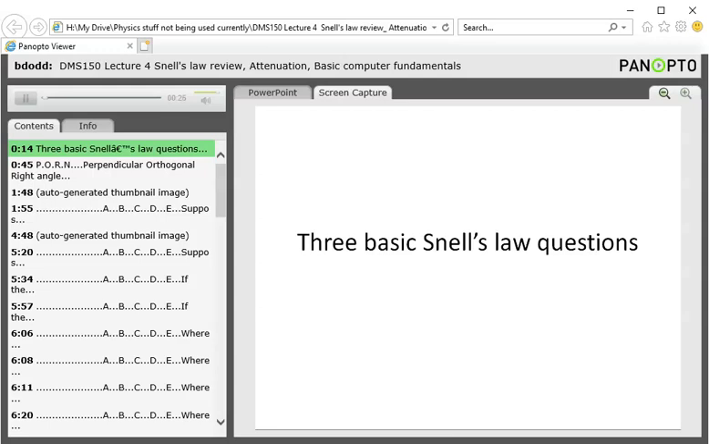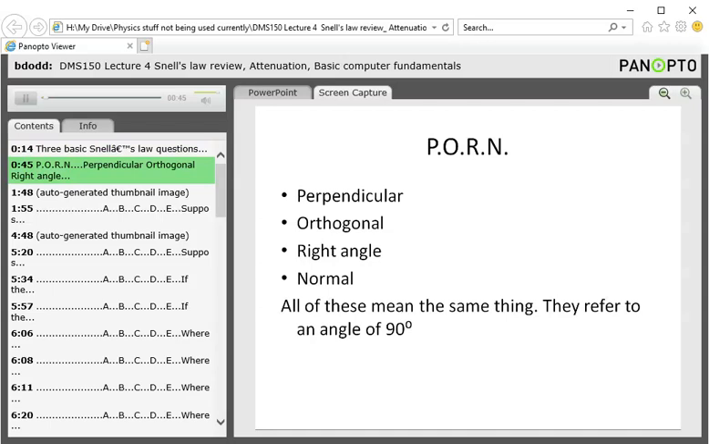Right, so I want to start today just reviewing Snell's Law because we had some issues with that last time. And if you run into questions on Snell's Law on the registry, they'll usually be one of three different types. So I'm going to go over the most common types here. One thing you can remember is